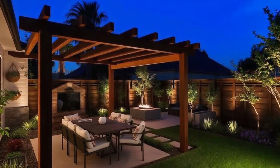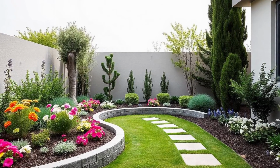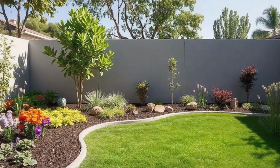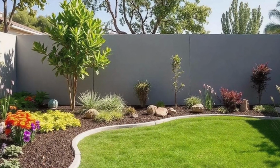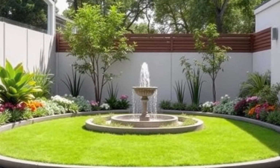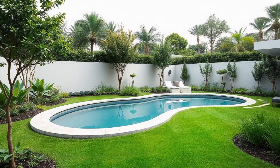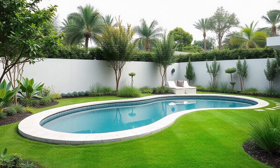By carefully designing the fencing and backdrop, a minimalist garden becomes not just a boundary-enclosed space, but a cohesive and intentional environment. These elements frame the beauty of the plants, hardscaping, and layout, ensuring the entire design feels harmonious, polished, and serene. The harmony between hardscaping and softscaping is essential in creating a minimalist backyard garden that feels both visually balanced and inviting. These two elements, hard materials like pathways,